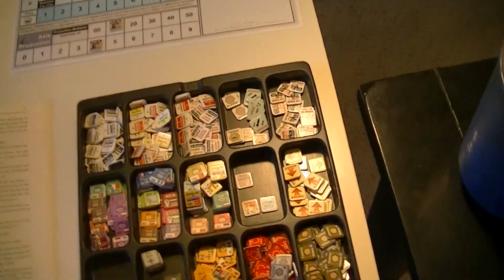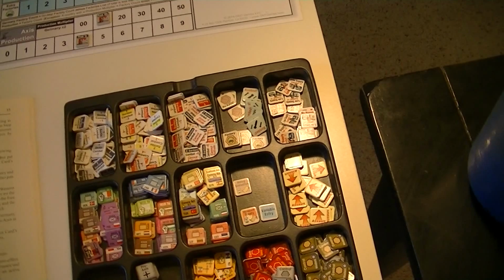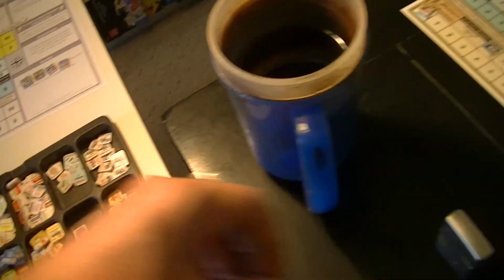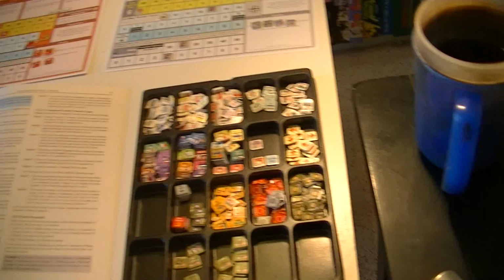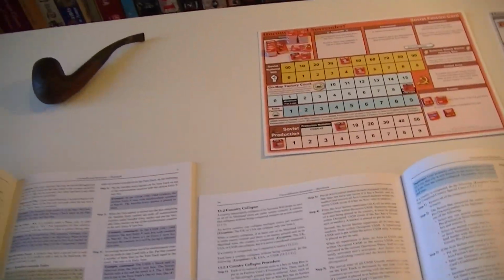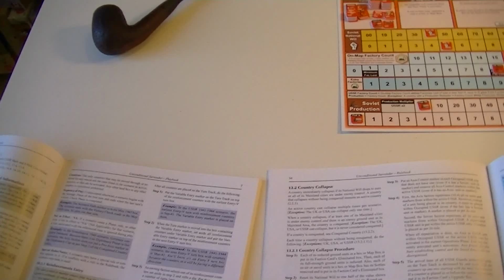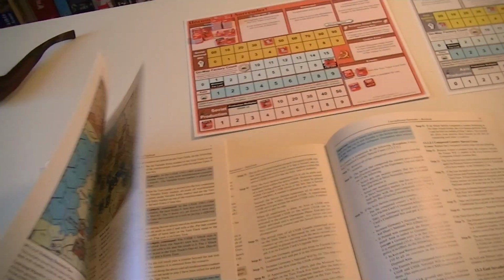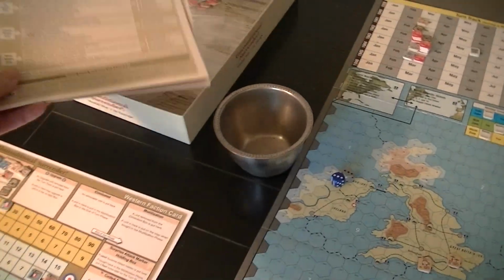Let's see what else we got here. Anything else that I wanted to talk about? These are optional. I should take them off the board. And I'll put them away. And I probably have some optionals in the Italians because I haven't sorted them in some of the minor nations. All right. Let's look at that sequence of play, and we'll talk a little bit about the core